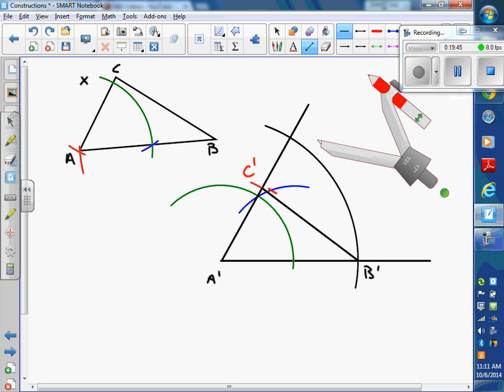And that's duplicated. Okay? You don't need to, because it's labeled ABC. And you don't erase any marks. That's the whole